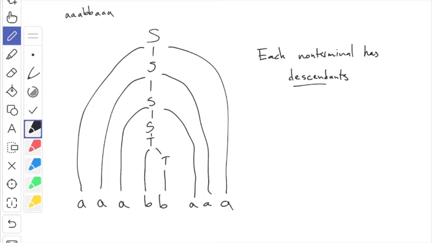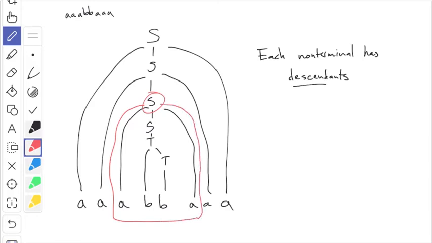So for example, this S right here, its descendants are all the things underneath it. So that's all of this stuff, right? That S in the middle has certain descendants. And the other S, say the one S above, has a different set of descendants. It's got bigger, more stuff. But anyway, here's some more terminology. That S, we say this